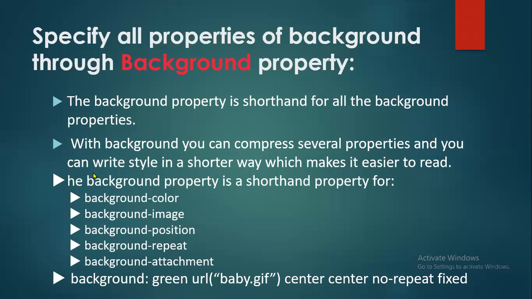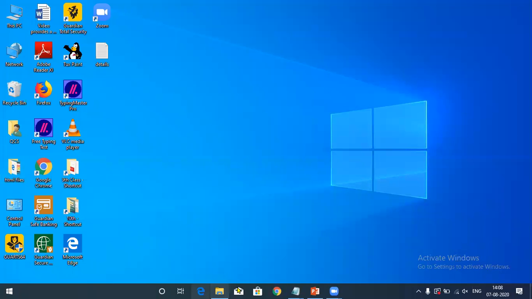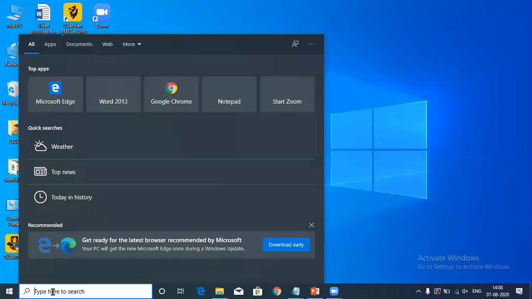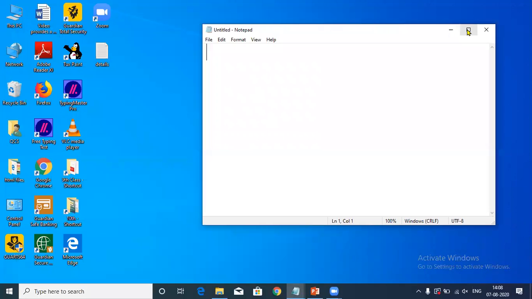Now we'll do the practical of the same. How are we going to do this? For this, first of all, we'll open a notepad file. So we have opened one notepad file here. First of all, we'll start with the HTML block. Under the HTML block, we know that there are two blocks: one is the head block, another one is the body block. So I'm writing here the head block, and now I'm going to define the body block.